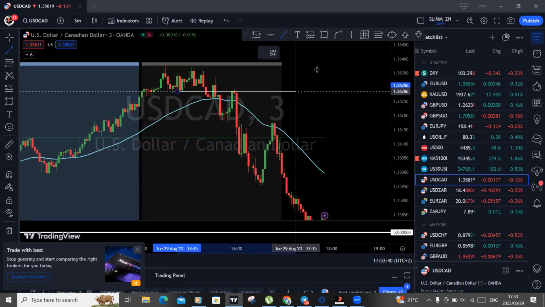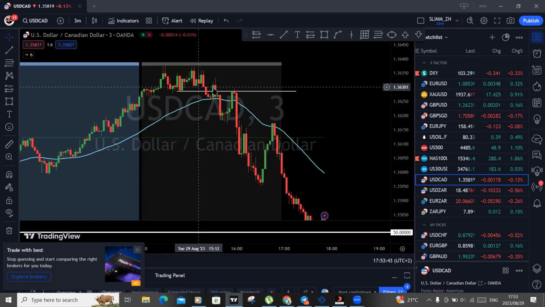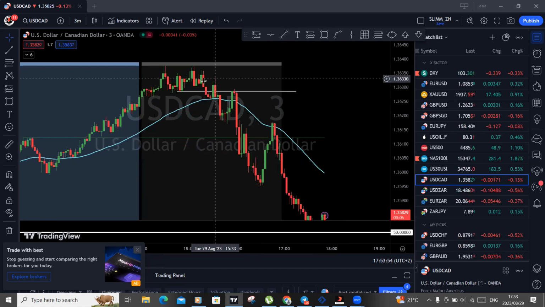So yeah, this had a clean setup. The breaker structure, price pushes down to show it wants to go down. And 330 was here. They pushed up into this order block. So if I was not confident enough to take it here,